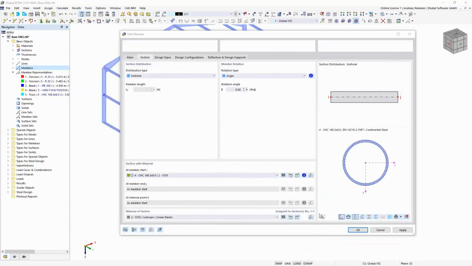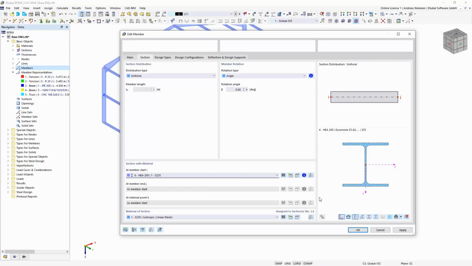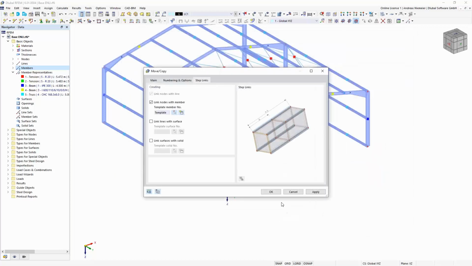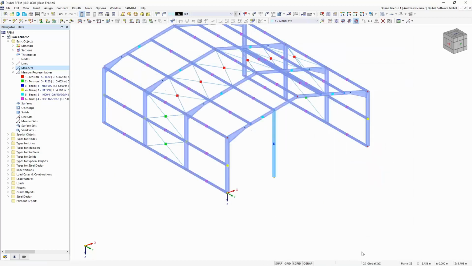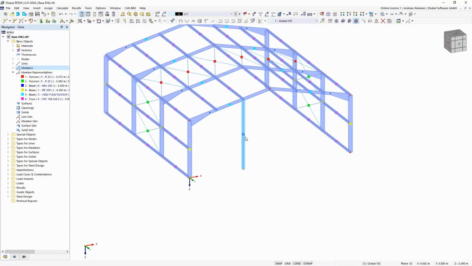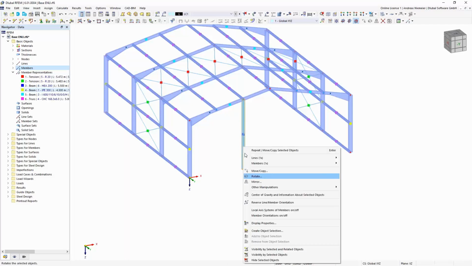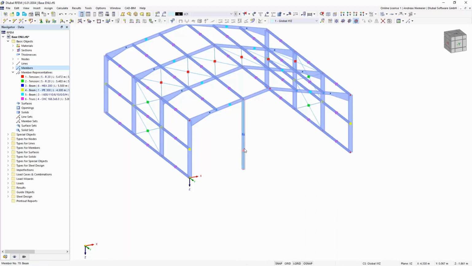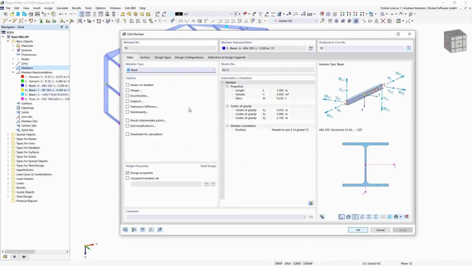Okay, and because it's in the front walls I have to rotate it maybe with -90 degrees. And after I confirm it and confirm also this dialog, we get the column here in the front. You see a new color because it's a new type of representative. And now the only thing I always change is that it's running upwards, so I reverse the orientation and add a hinge on the end.